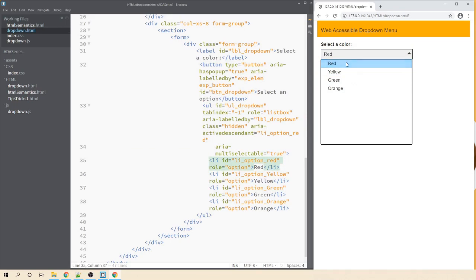And all the ADA checklists that we have talked about so far for the single-select dropdown should adhere for the multi-select dropdown as well, with one more benefit: the user does not need to press the Control or Shift key modifiers to make the selections. A user can select an option by pressing the spacebar key, move on to the next using the up or down arrow keys, and make the selections.